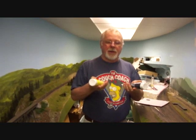Now, to create the color green, rather than using the straight green out of the box, you can see the colors over here probably were done with a straight green. They have a blue tinge to them. And on this side over here you can see there's a much more greenish, or yellowish, tinge to the green. How you make that is by mixing Mars Black, which is number 26 in this brand, which is a blue-based black, with yellow. This is just a medium yellow, primary yellow, and the two in combination will create that yellowish green